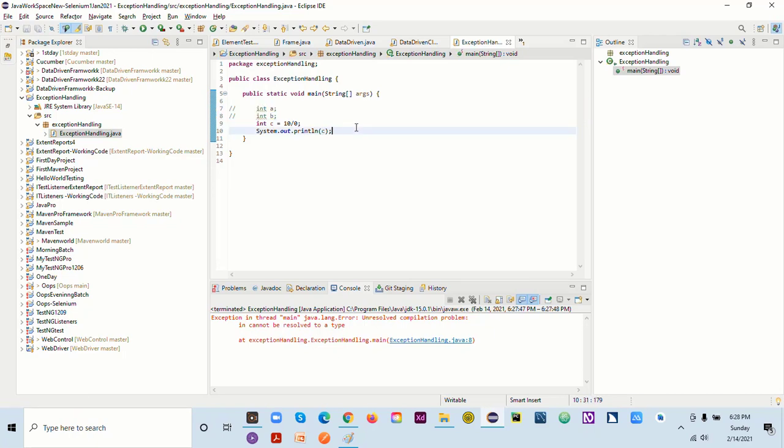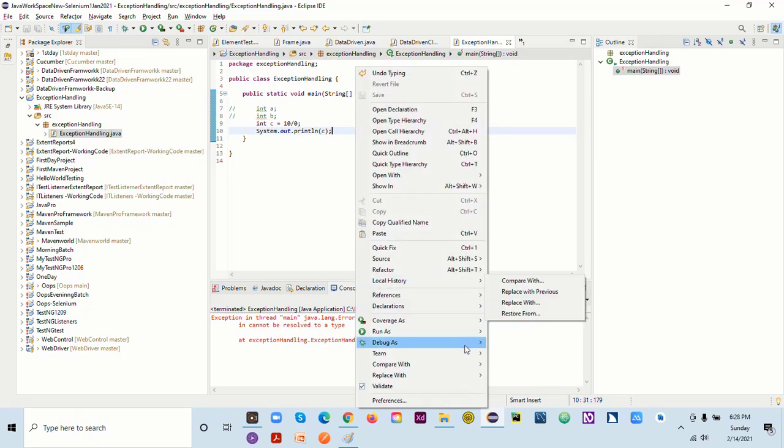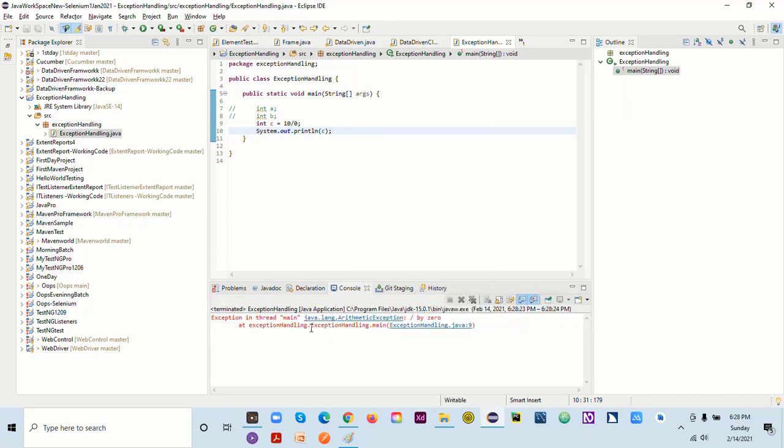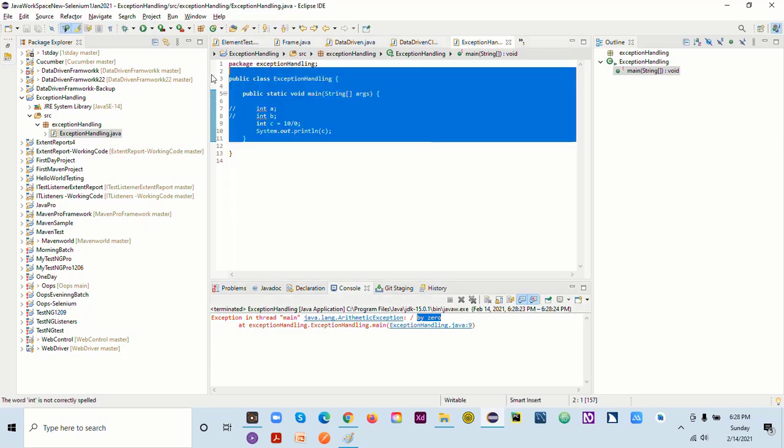You are trying to divide by 0, and if you see, there's an exception thrown here. It cannot be divided by 0. When you compile this program, you will not face any issue, but when you run this program, it will give you an error that the number cannot be divided by 0.